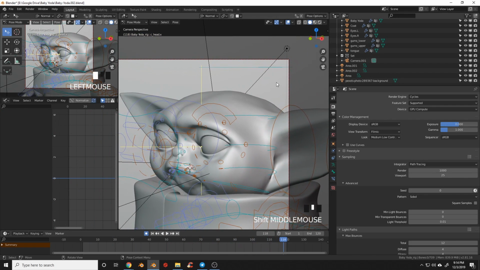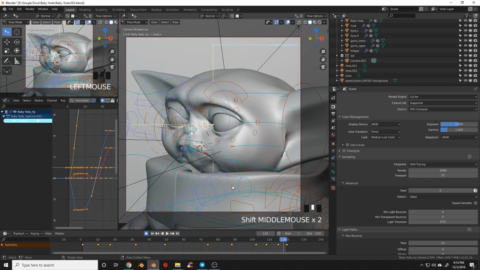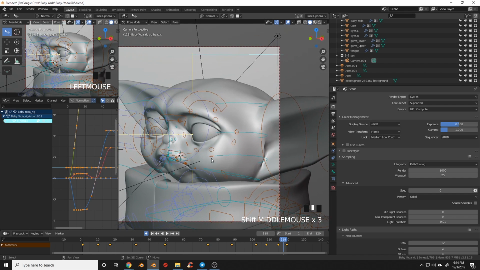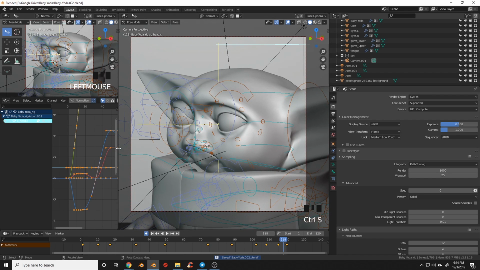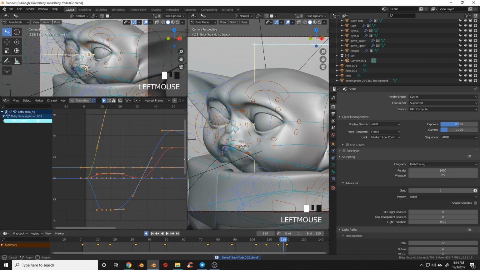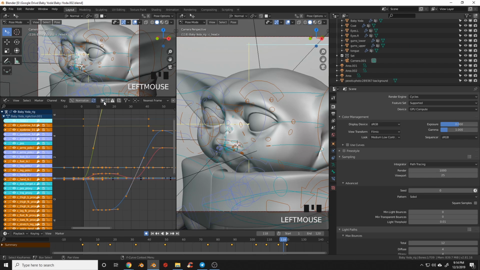So what I'm going to do is walk you through easing the head turn. And then after that, I'm going to time lapse through the rest of the easing, and you can just watch and I'll speak over that. So one thing to note is that when you select a control, you can come up here and press this button, only selected.